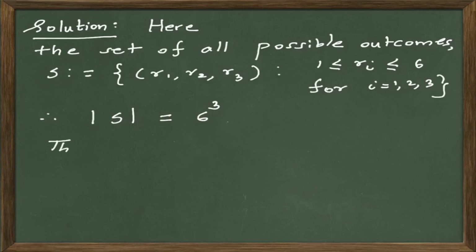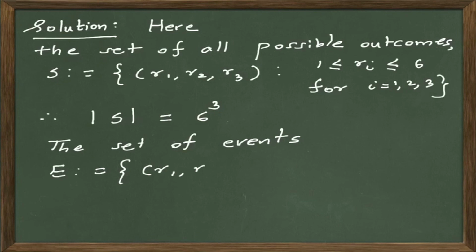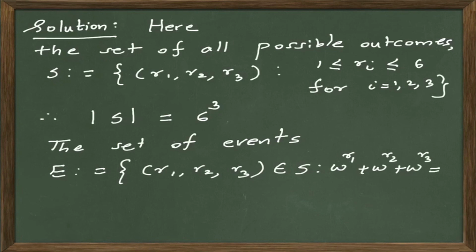Now, the set of all events, let us denote this by E, is the set of all ordered triples (R1, R2, R3) inside S such that omega to the power R1 plus omega to the power R2 plus omega to the power R3 is equal to 0. Therefore, we are interested in finding all possible values of R1, R2, R3 so that this equation